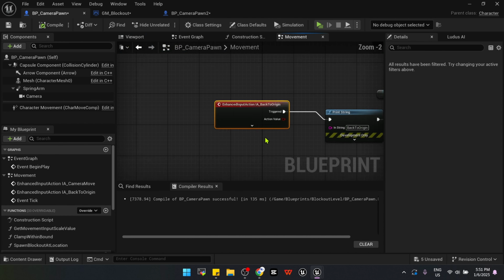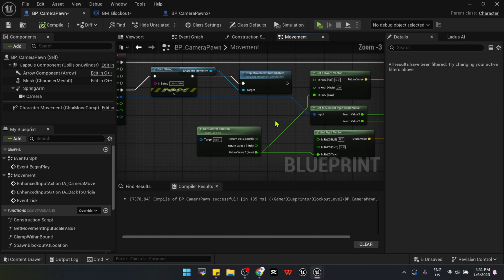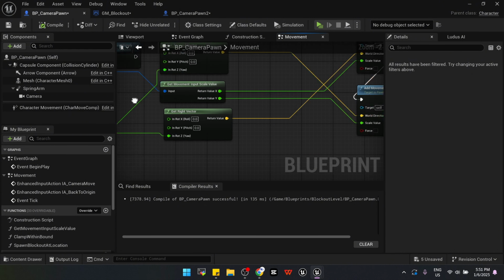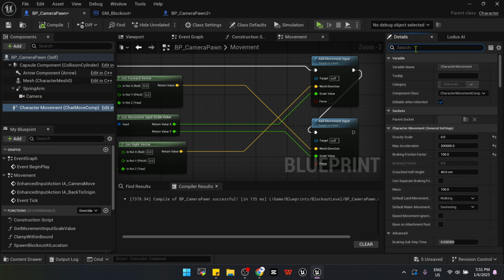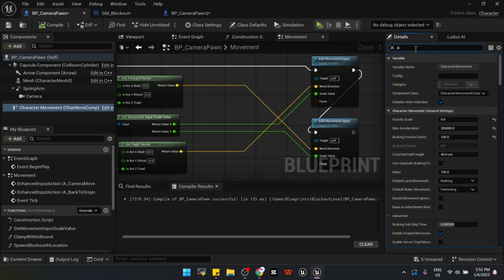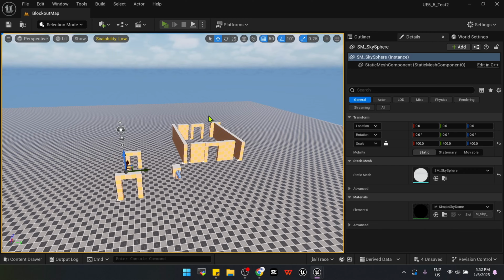So after you finish implementing the camera move of the enhanced input action, IA camera move, you should be able to move the camera around. But the thing is that your camera will be extremely slow because the movement acceleration is controlled by the character movement. What I did here is maximize the acceleration to an extremely high value, right? What it comes with is 2048. So that's the default acceleration. And if we play test it,